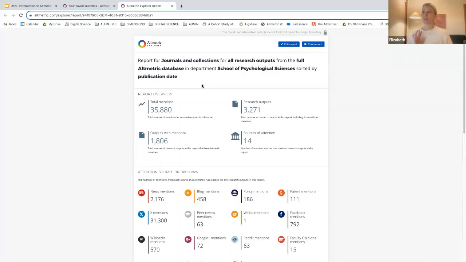Now, this report is great because it's dynamic. So it will update automatically as long as you're happy with the parameters in this report. You can share this report with somebody and it will update, so they'll always have the most up-to-date information. But I'm going to edit this report a little bit. So if I click that edit button,